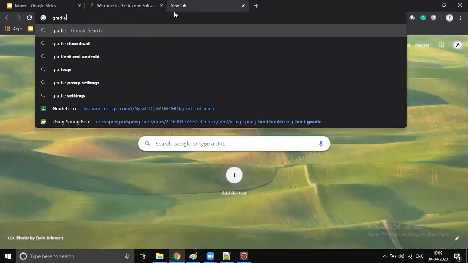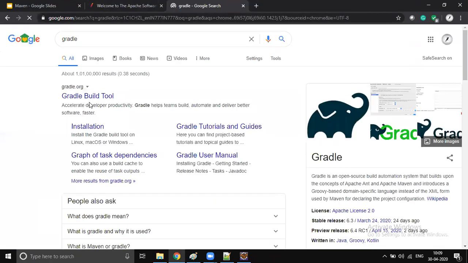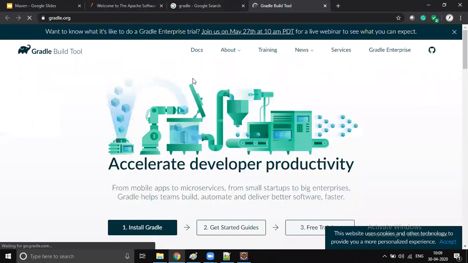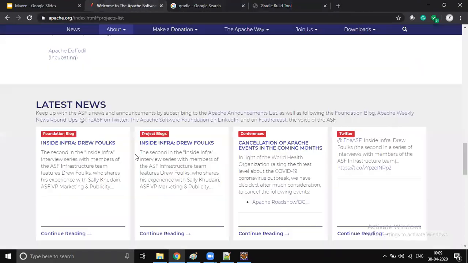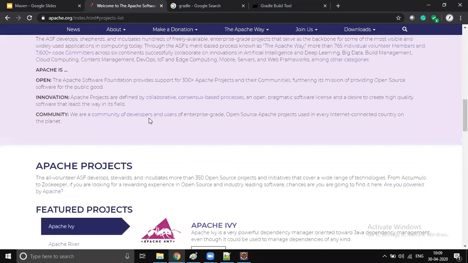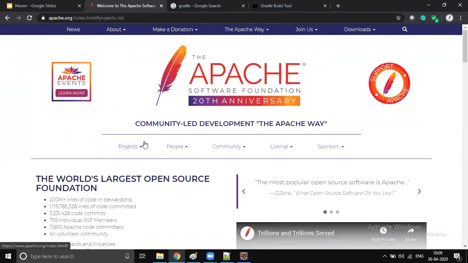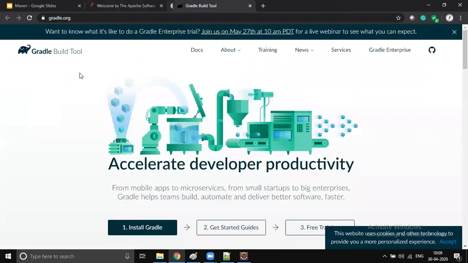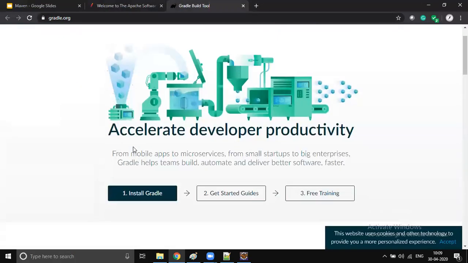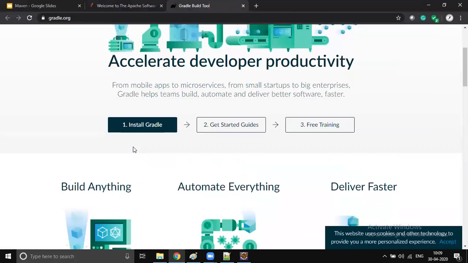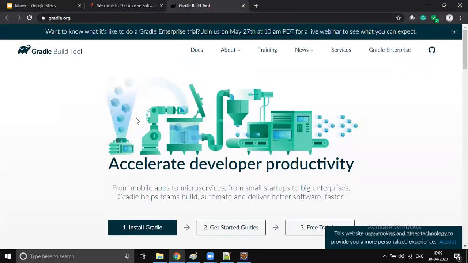Let me check. I thought it was from Apache. Oh, Gradle is different, it's not part of Apache. They built it using Groovy. It's some other third party.